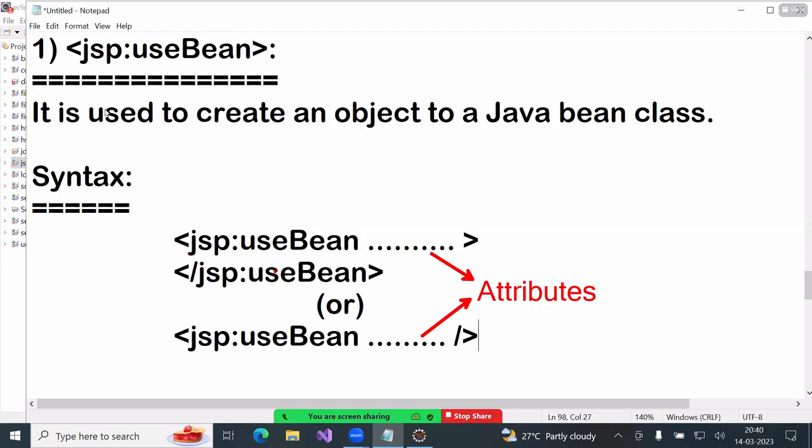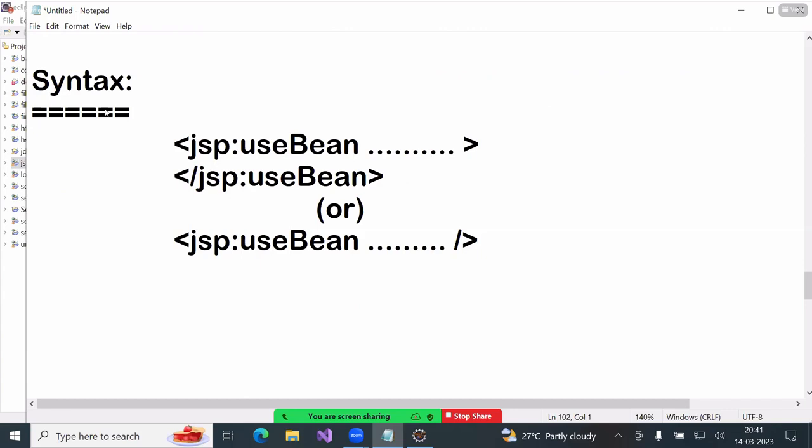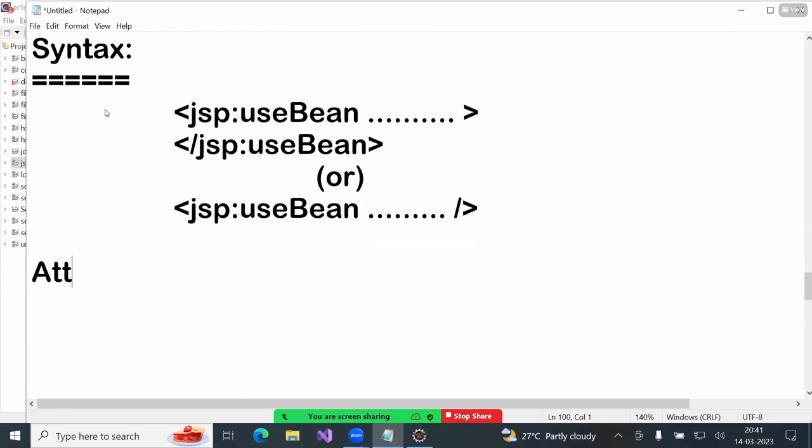Already explained this type of syntax, starting with scriptlets. This is called the open tag. This is called the close tag. It is open and close, automatically closed. This is equivalent to a close tag. Here in the open tag, we can write attributes. jsp is a prefix. useBean is a tag name. Attributes: